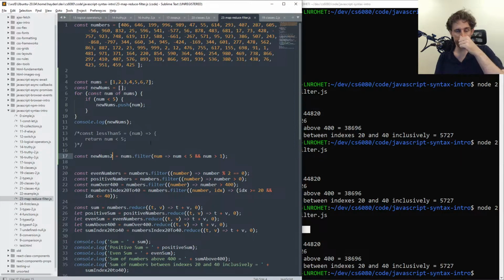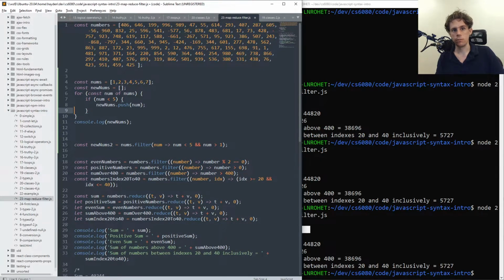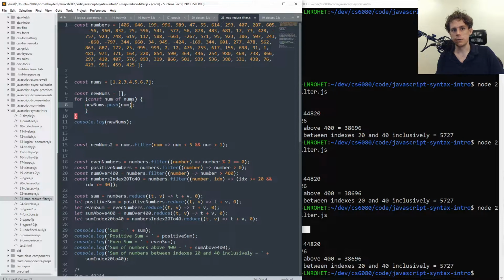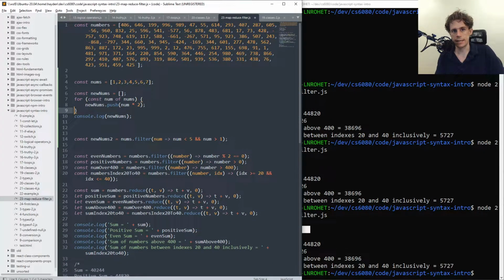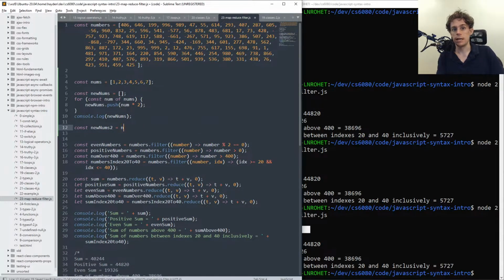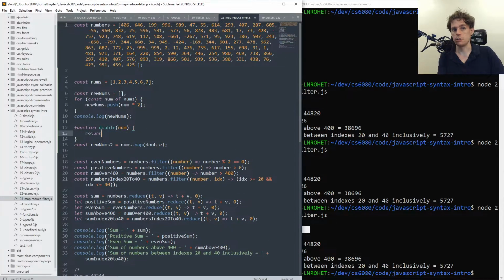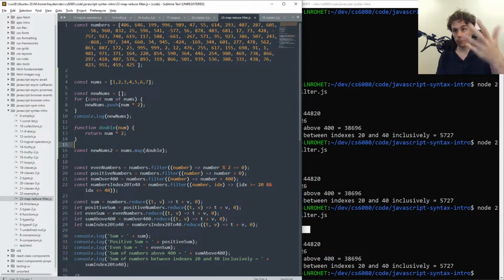If I want to turn all these numbers and double them, I would create a function called, well, this is the old school way to do it. You'd say new nums, and then for each number you would push number times 2, like that, and then you print it out. But the shorthand way is you would say nums.map, and then you would maybe pass in a double function. I've got my function double, which takes in a number, and it just returns num times 2. But if I use the newer function syntax, const double equals that,